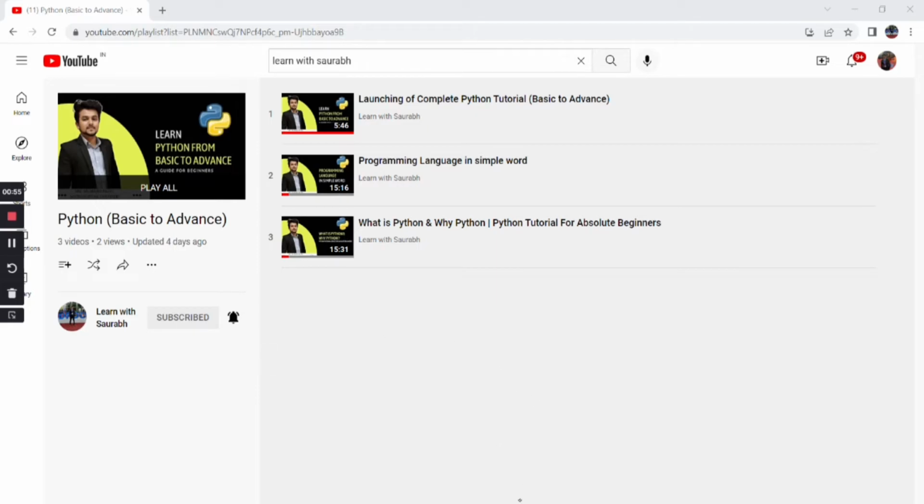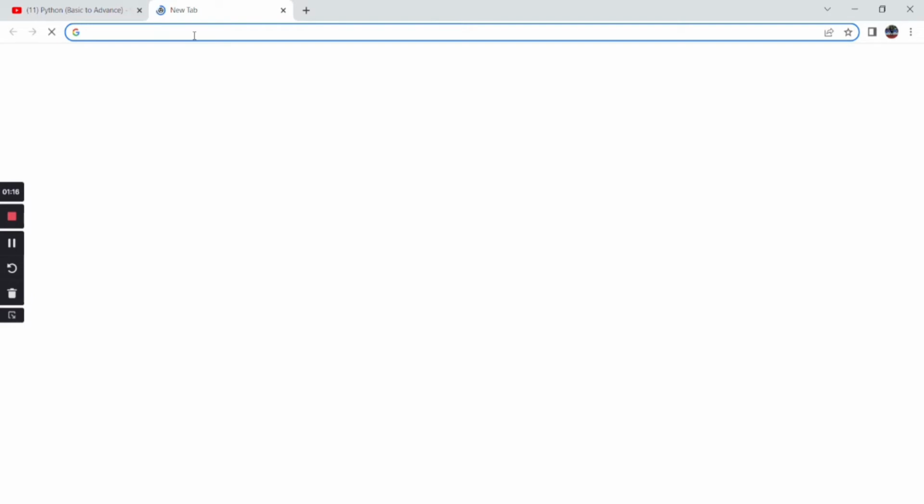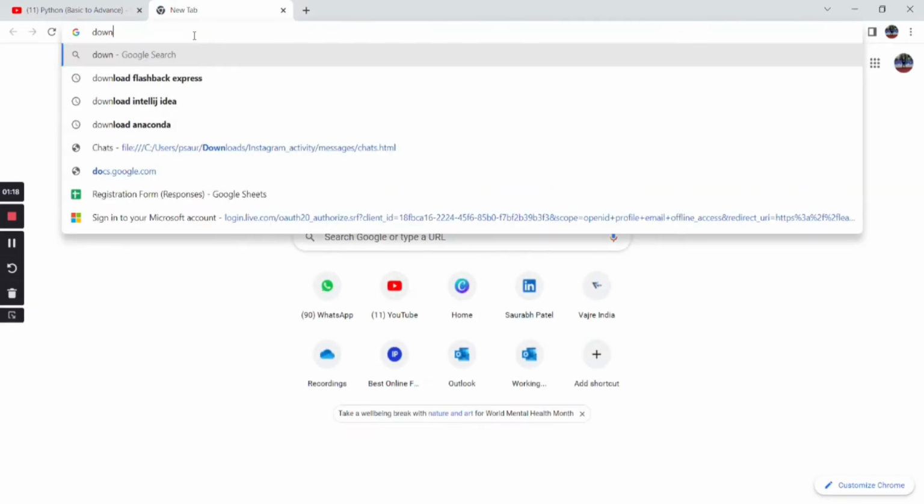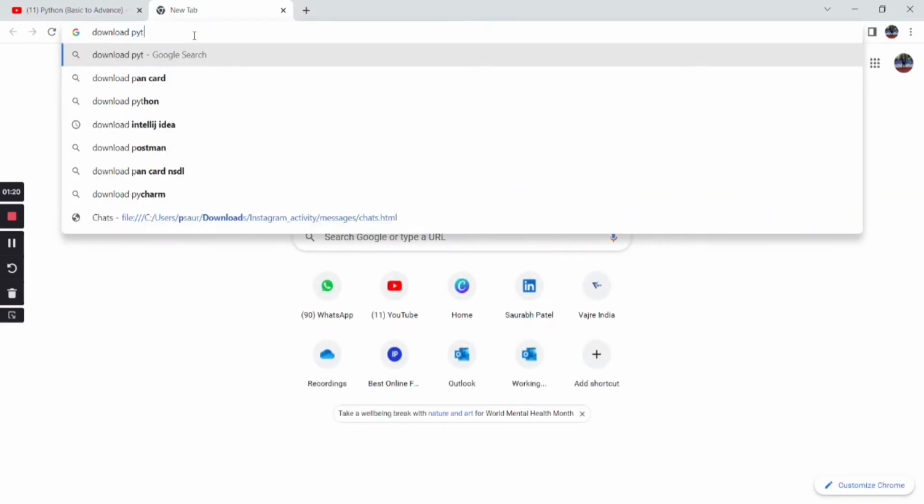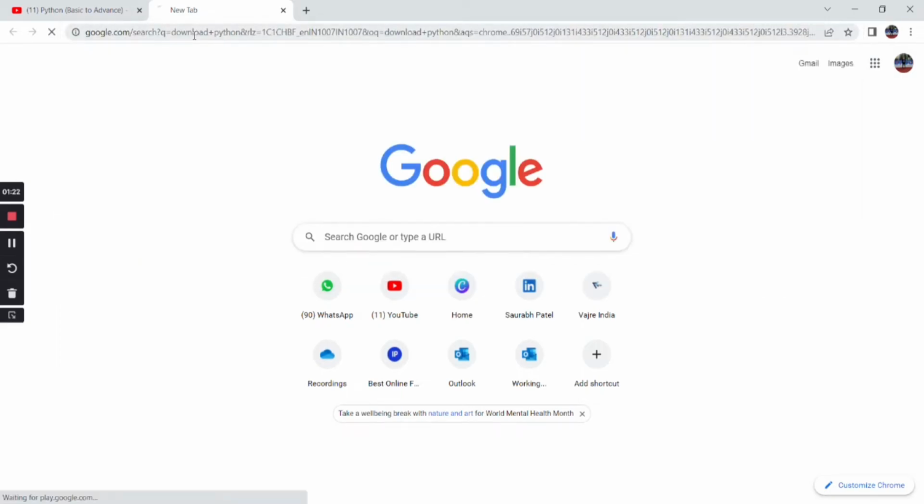So let's start guys. So we will see how we can install Python in our system, because we need a Python machine in our system so that we can create a file and we can run it as a Python program. So from where we can just install Python? So what we need to do, we will just go on to Google and we will just write here download Python, and we will search it on Google, and then after we will see the